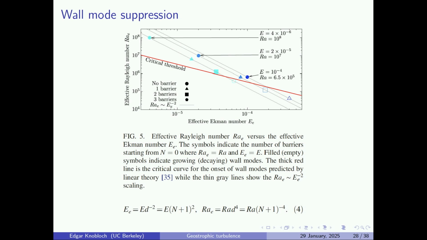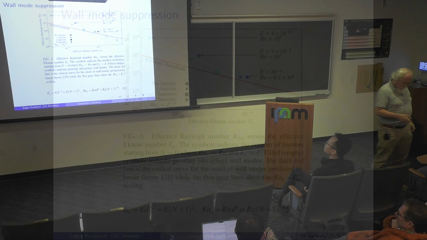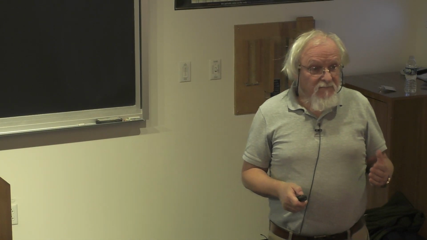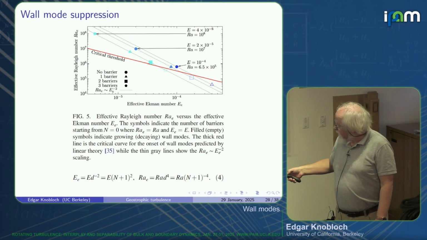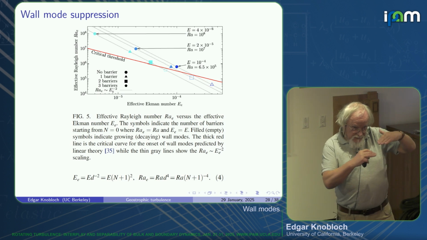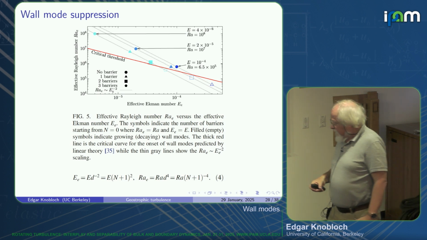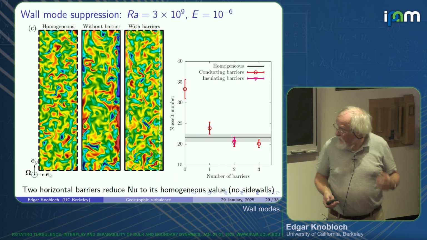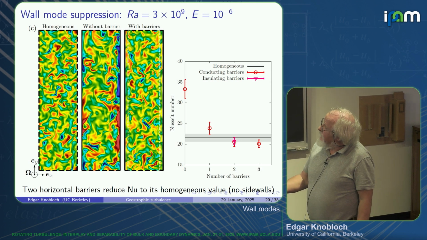The effective Rayleigh number goes like the effective Ekman to the -2, and that just comes from a very trivial calculation that just says, if I halve the vertical space the mode has, it's going to change the Ekman number by a factor of the depth squared, right? And it's going to change the Rayleigh number by this amount, d to the 4, because you also change the vertical gradient, right? You have to include that as well. And so all this checks out rather nicely,